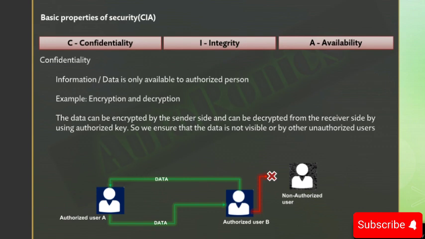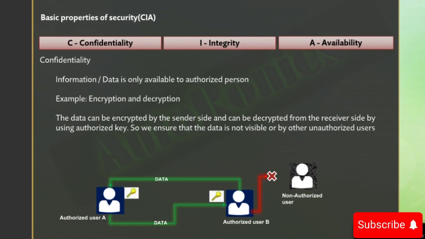We use the concept of keys, where these keys will be available only to authorized user A and authorized user B. Let's understand it with a real life example, where we lock the door with a key and we unlock the door with the same key. The same concept applies here, where authorized user A encrypts the plain text using the key and sends the encrypted data to authorized user B, and authorized user B decrypts it using the same key which authorized user A used and gets the actual plain text. By this we derive the concept of encryption and decryption to meet the property of confidentiality.